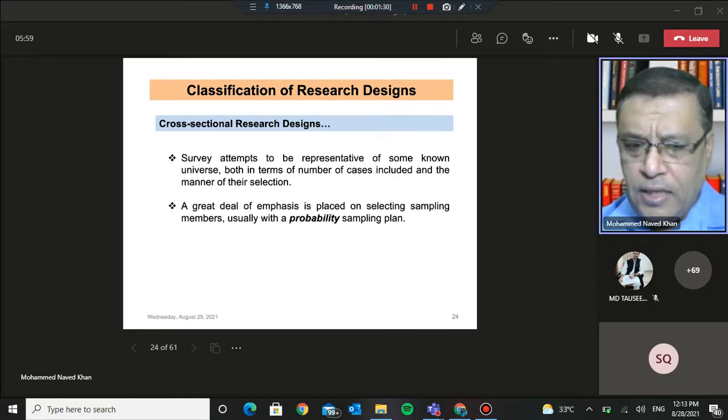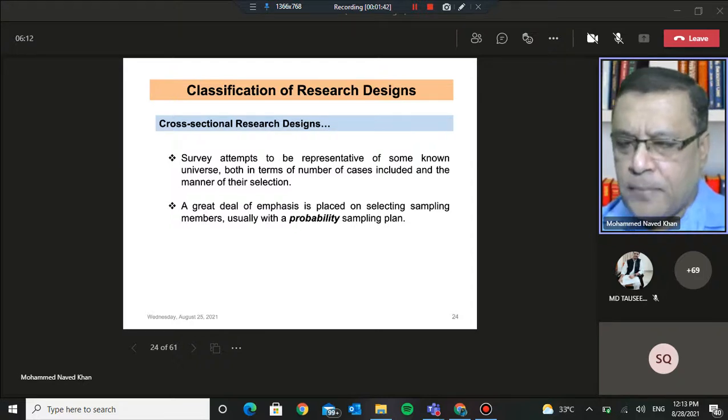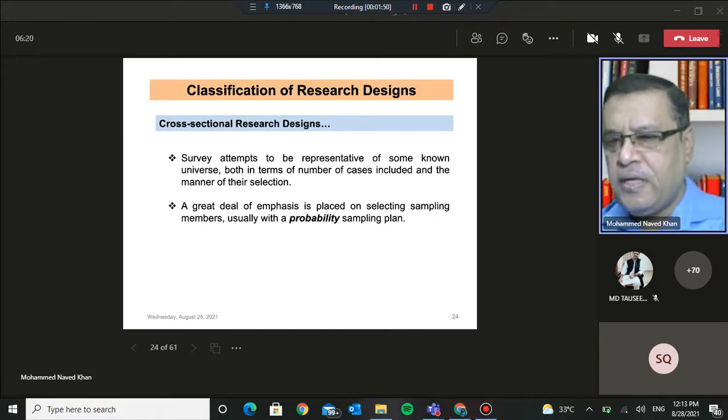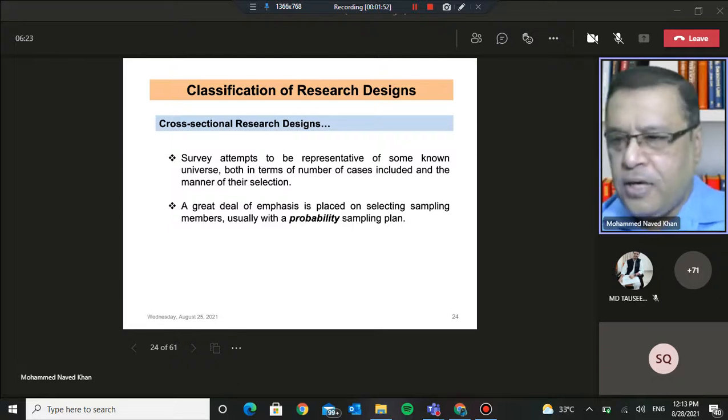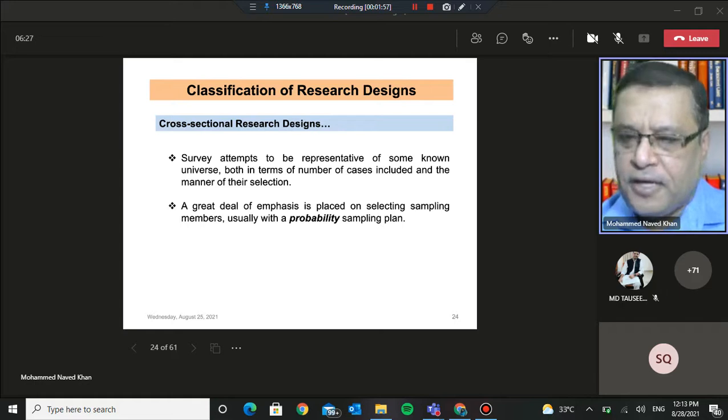Then we discussed that as far as these designs are concerned, a lot of emphasis is placed on selecting the sample, and you have to see to it that the sample on which you are relying has to be representative of the target population, that is the population which is of interest to you. It is not that any sample will be suitable. So as far as possible, the sample on which we are relying should be representative of the population at large.